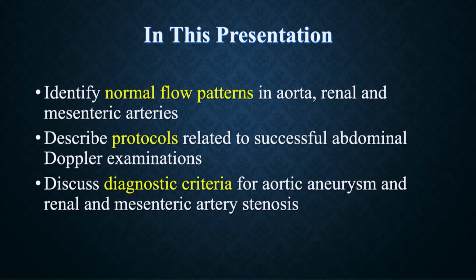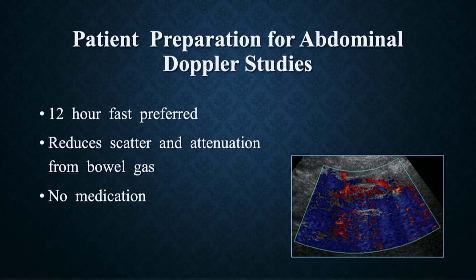We talked about abnormal flow patterns in the carotid system and lower extremity veins. It's very similar when we talk about the branch vessels of the abdominal aorta. Picking up the abnormalities is where you're really going to pick up significant disease. We'll go over the protocols related to abdominal studies, and we'll review the diagnostic criteria for aortic aneurysm and renal and mesenteric artery stenosis. So I'm going to start out by talking about the preparation of the patient and the